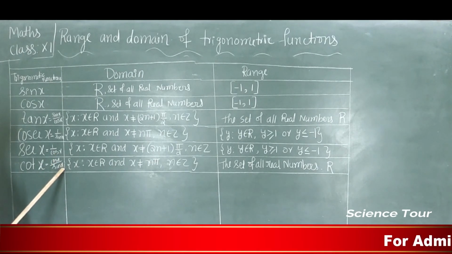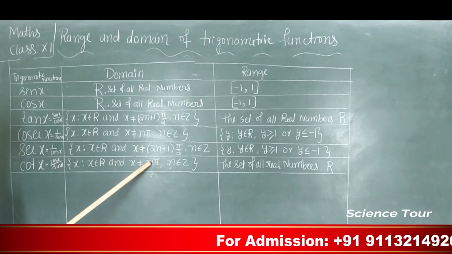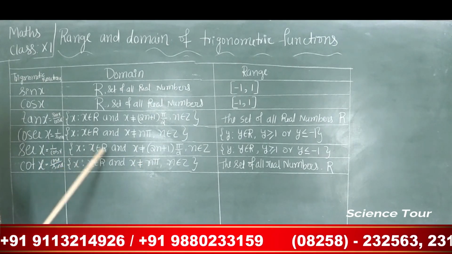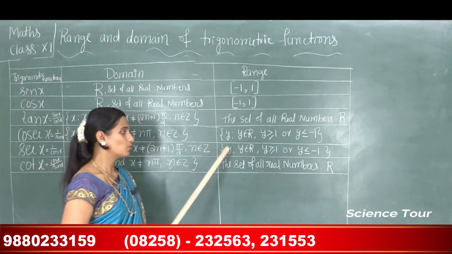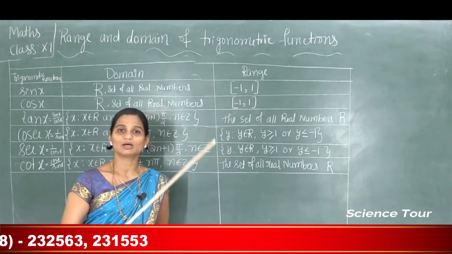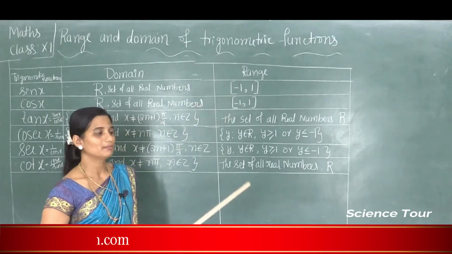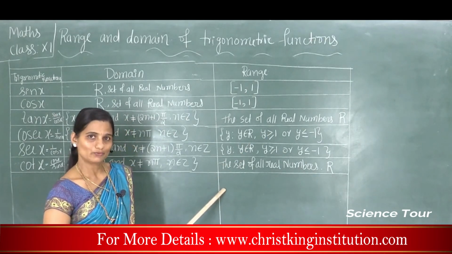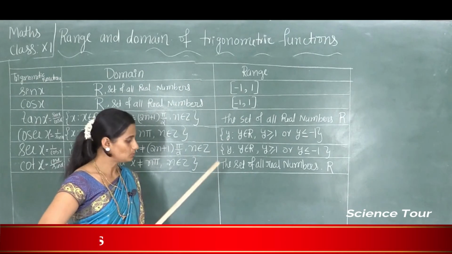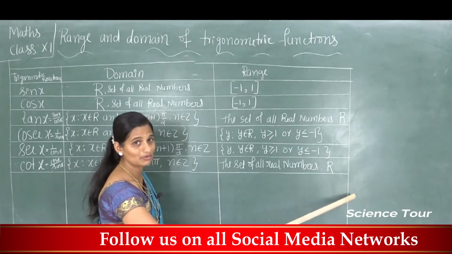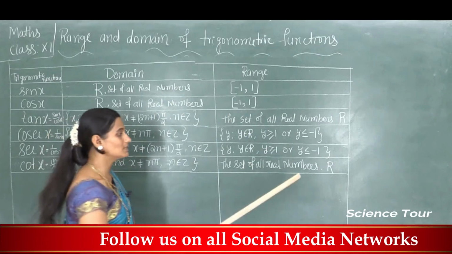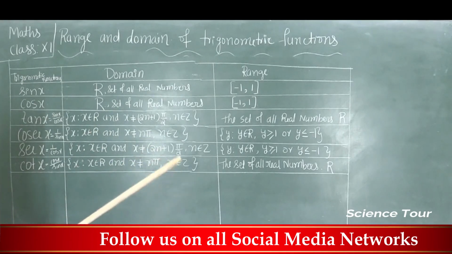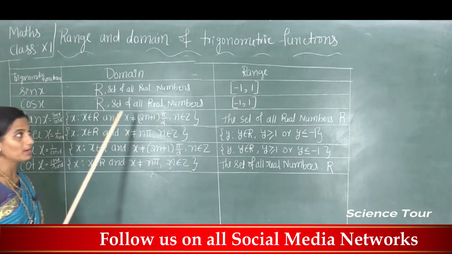Next, cot x is what? Cos x divided by sin x, where it is not defined: x is not equal to n pi. At this point it is not defined, right? Says not equal to. So now the range is what? The set of all real numbers. If you see the values of cot x from your table, there is 0, there is 1, there is infinity, there is minus infinity, right? So it includes values from minus infinity to plus infinity, means it includes the set of all real numbers. So the range of the cot function is the real numbers. Is this clear? So this is important for a 1 mark question.